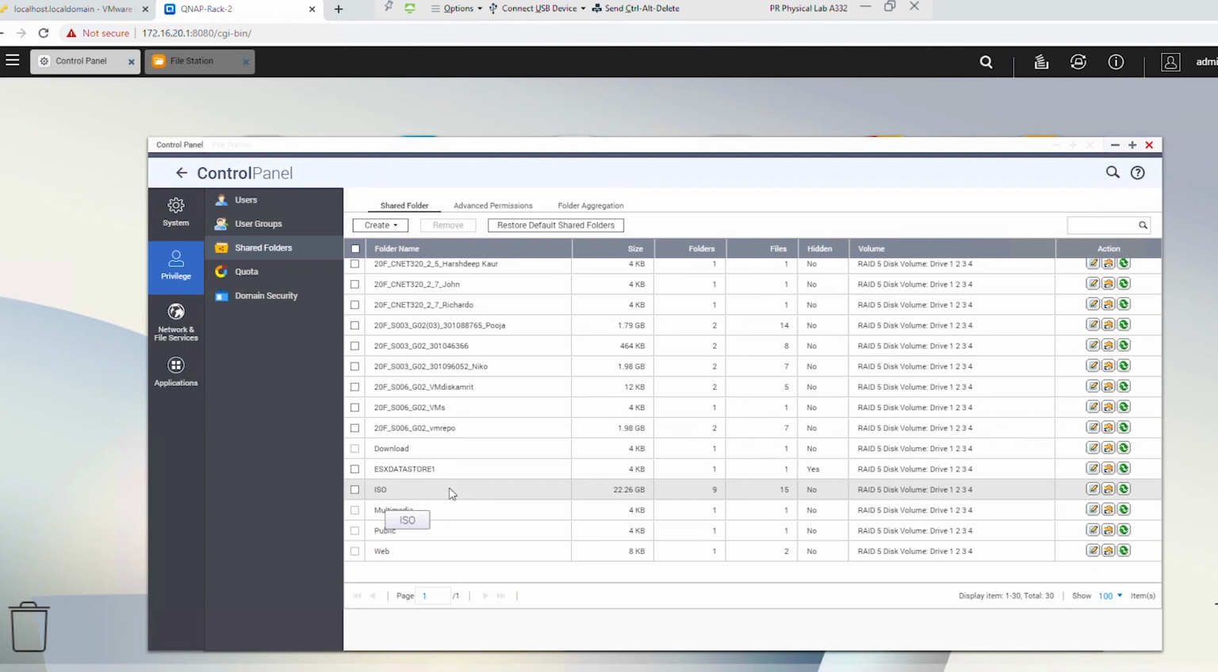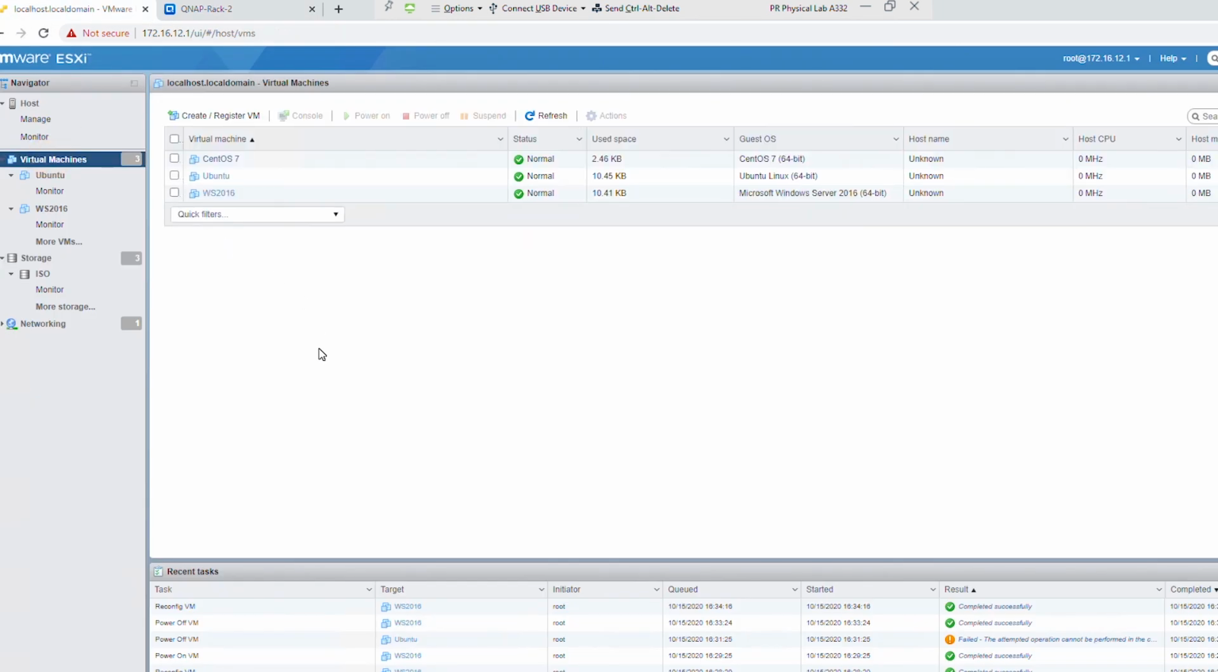If it's not already shared, you need to make this folder a shared folder, and then also give permission to access from any host if you want to access it from any ESXi servers. Okay, so if you do want to see the complete installation of Ubuntu or Windows Server, you can check out my channel, and there are videos that show how to install Ubuntu and how to install Windows Server 2016 as well